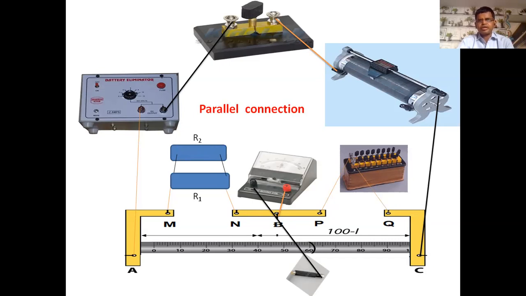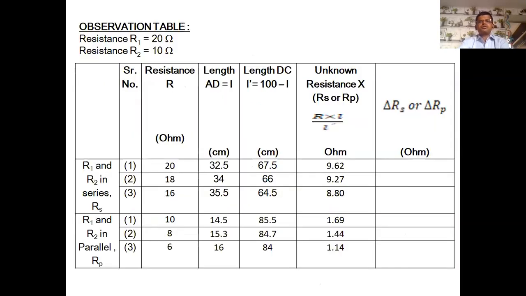Series and parallel are equally the same, and the second is also the same. Now today we solve this table. In this table, first we need two R values, R1 and R2. It is a copy from the second practical. In the exam, the examiner gives these values. This table has two parts. In one part we find R1 and R2 in series, the equation RS, and in the second part R1 and R2 in parallel, RP, where the symbol is resistance R.